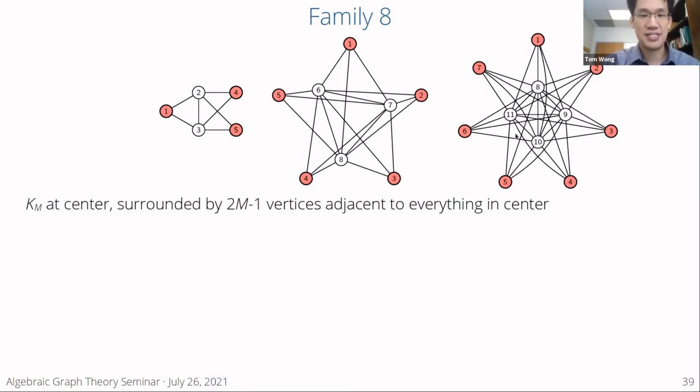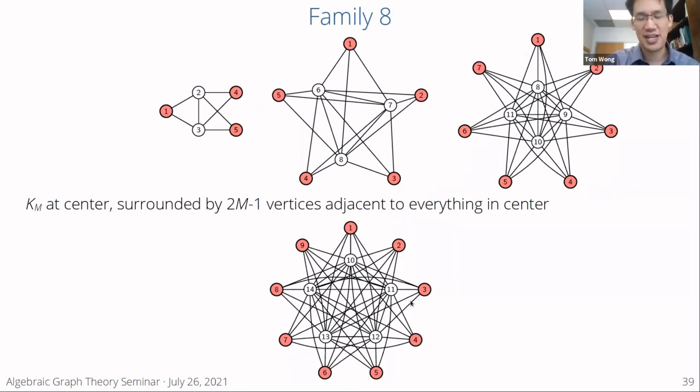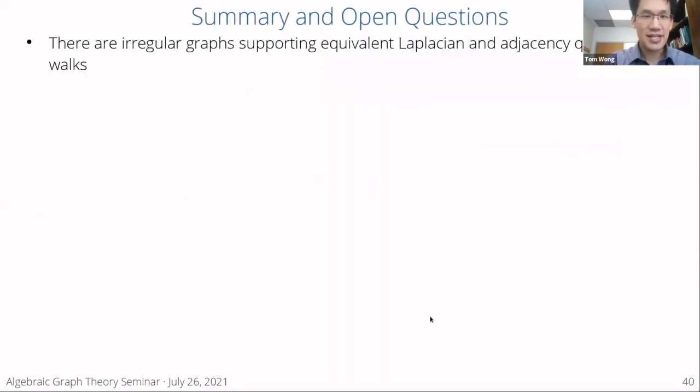And so that generalizes actually to whatever size you want, and on everything I generated and simulated, you get equivalent quantum walks. And so basically what we showed is that there are irregular graphs where the Laplacian and adjacency quantum walks are equivalent. They have the same probability distribution for all time. We only proved it for the 5 and 6 vertex cases, but hopefully the existence of those convinces you that the numerical ones are probably right. Of course, it's going to take mathematicians like yourselves to prove those.